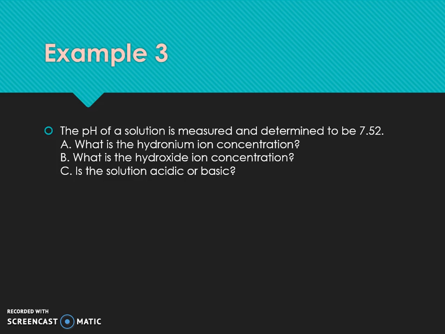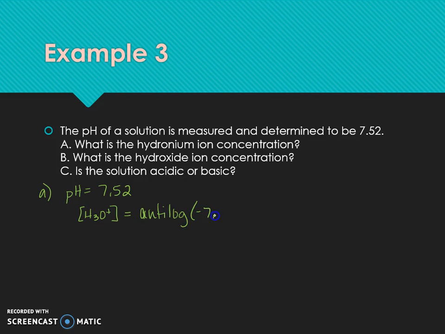It says the pH of a solution is measured and determined to be 7.52. Uh-oh. It's not a pretty number this time. What is the hydronium ion concentration? What is the hydroxide ion concentration? And is the solution acidic or basic? Okay, so let's answer part A first. The pH of this solution is 7.52. If we want to figure out the hydronium ion concentration, we have to take the anti-log